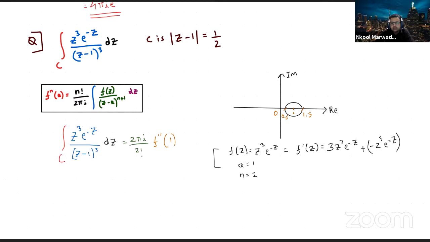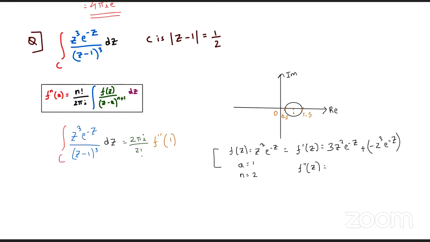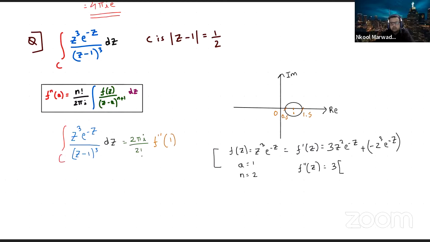And once again I have to do the derivative. So it will be, 3 we can, plus, yes we have to apply it on both sides in the multiplication. That is right. 2 z e to the power of minus z